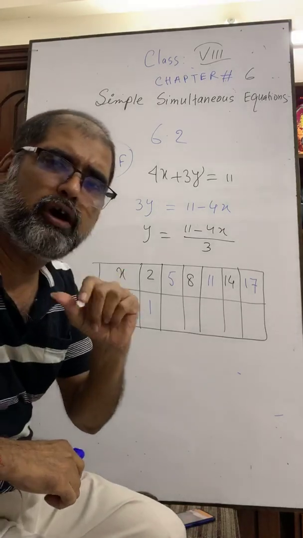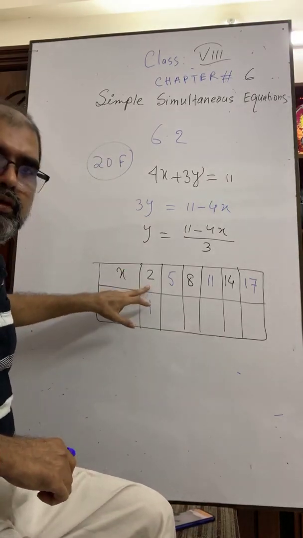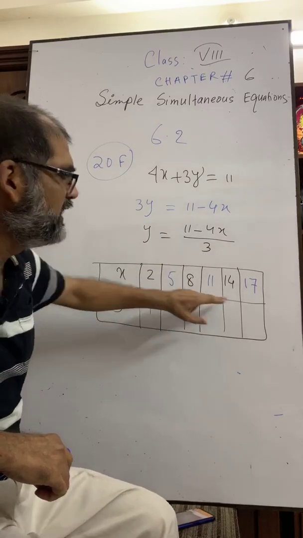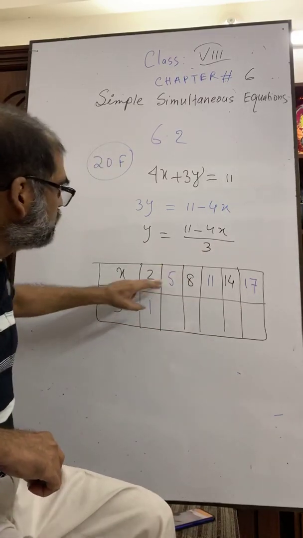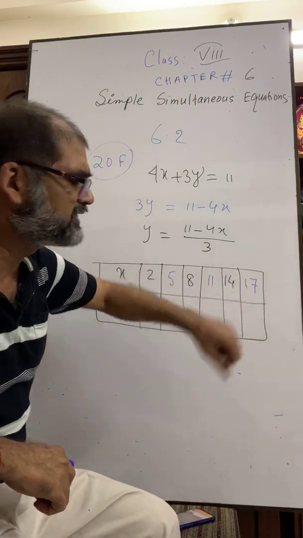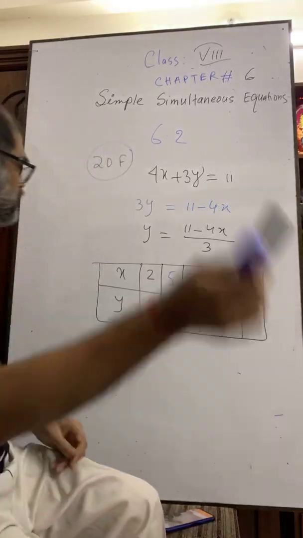When I have got a value of 2, these 3s will be consecutively added. That is 2 plus 3, 5; 5 plus 3, 8; 8 plus 3, 11; 11 plus 3, 14. 14 plus 3 equals 17. Now you see,